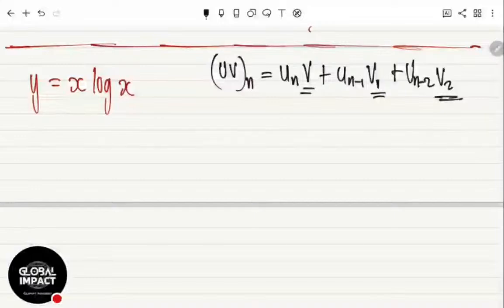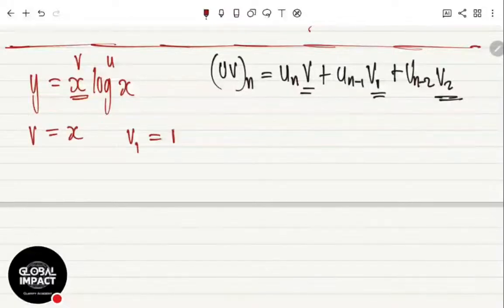So for this v, what am I going to choose for v? Something which will differentiate and finish. I'll use x. This is already like stuff you're going to see in integration by parts. But anyway, since you haven't done it, this is v and this is u. So let's differentiate. My v is equal to x, which means that my v1 is equal to 1. Which means that my v2, the second derivative, is equal to 0 for k greater than or equal to 2.